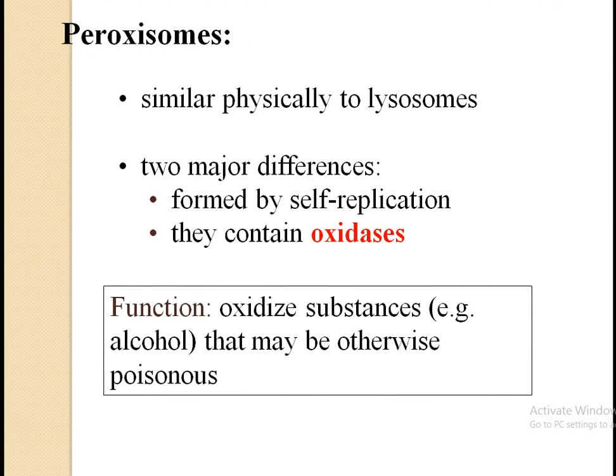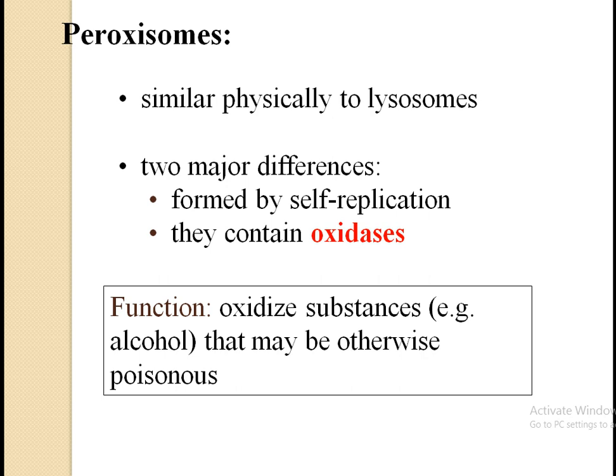The next very important structure is the peroxisomes. These are different types of enzymes which are helpful to digest the different food materials. They act on the food particles and digest them so that in the end the waste material is excreted out of the cell. So the next group of enzymes is the peroxisomes.